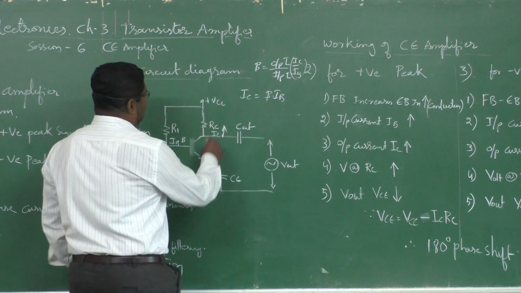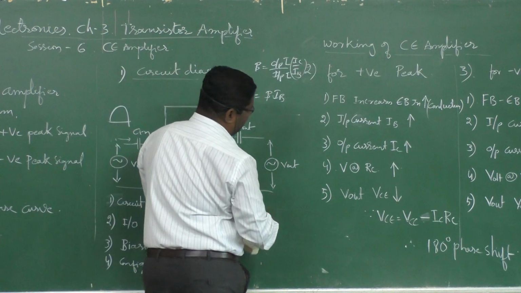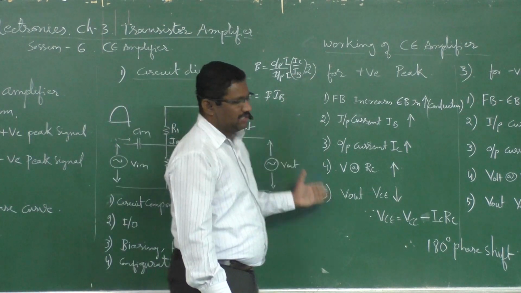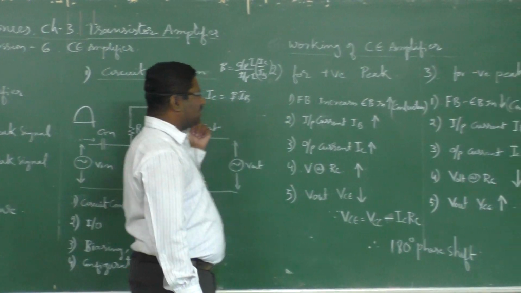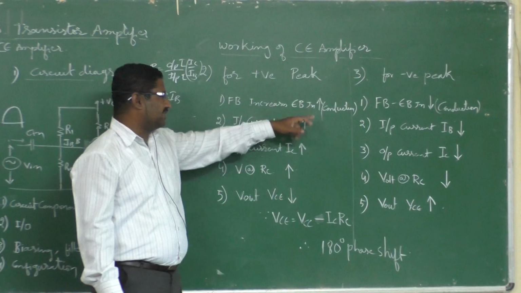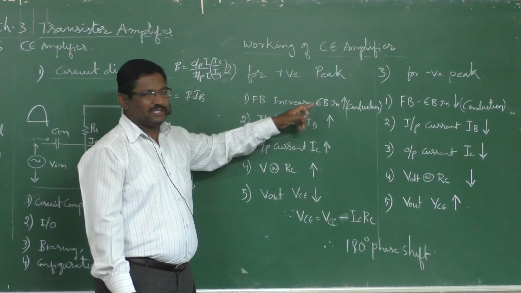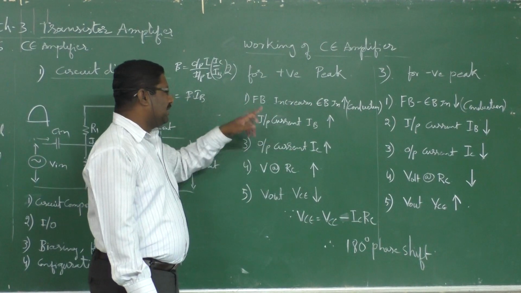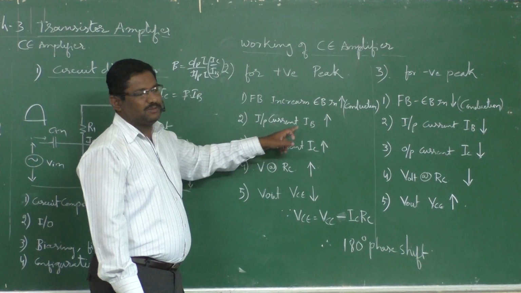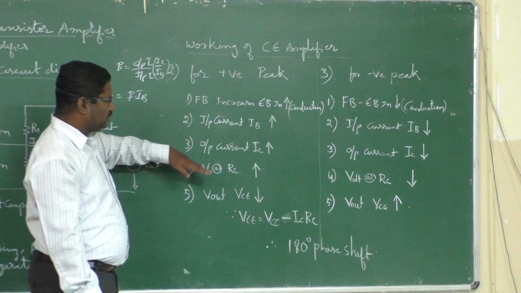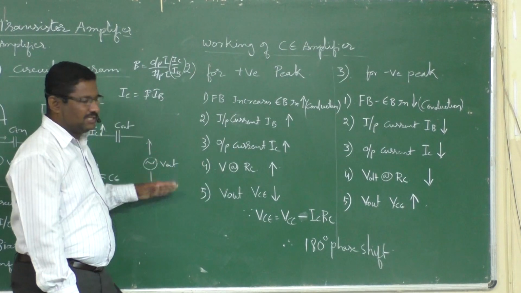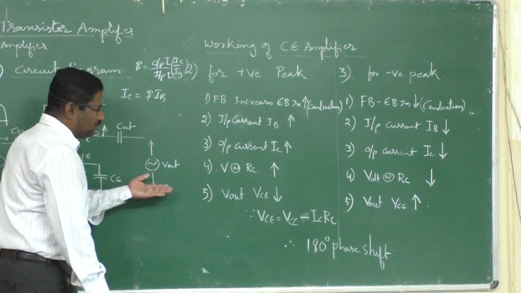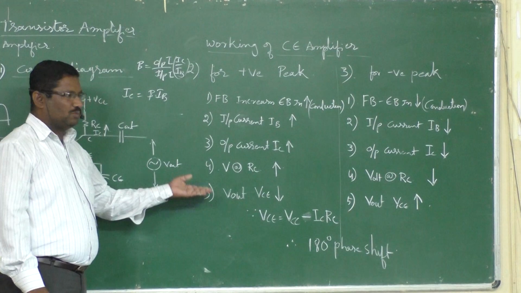Okay, so because the total voltage cannot exceed, here I have written the same thing. You can see the first point is that for forward bias, conduction increases in the emitter base junction, and the second point is that the input current, that is the base current, increases, and consequently the output current also increases, and the voltage drop across RC increases, and that increased voltage drop across RC will change the output voltage.